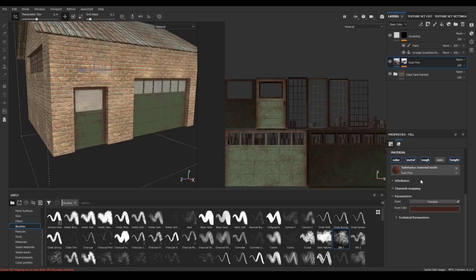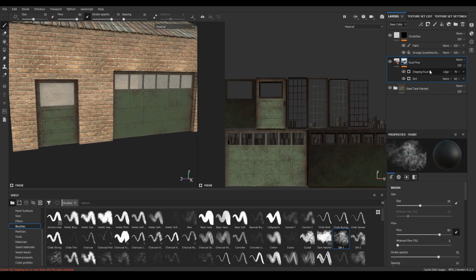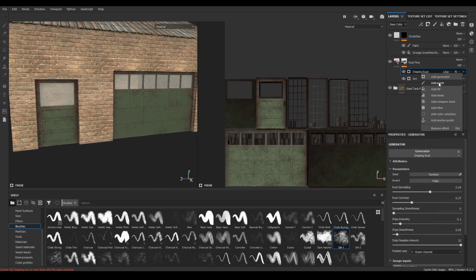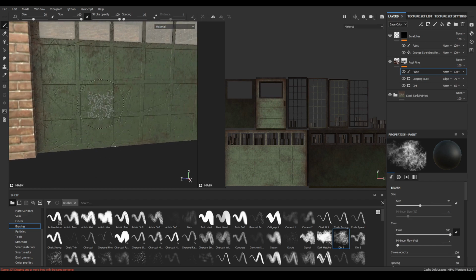Also go to your rust and change its color. Now in the rust, add a new paint. Choose the dirt brush and start painting some dirt here.